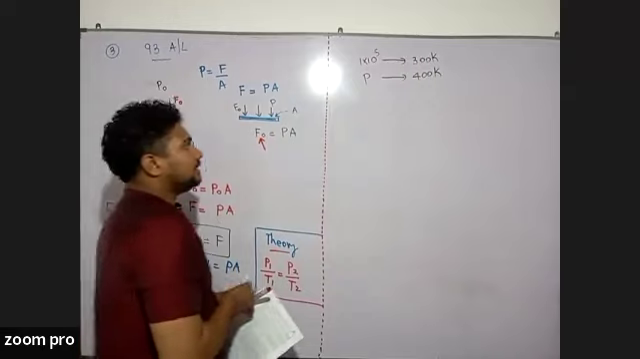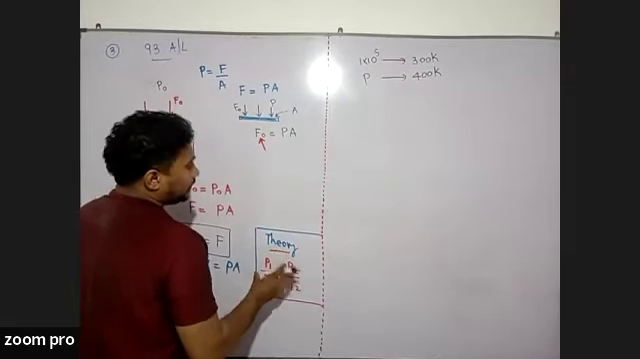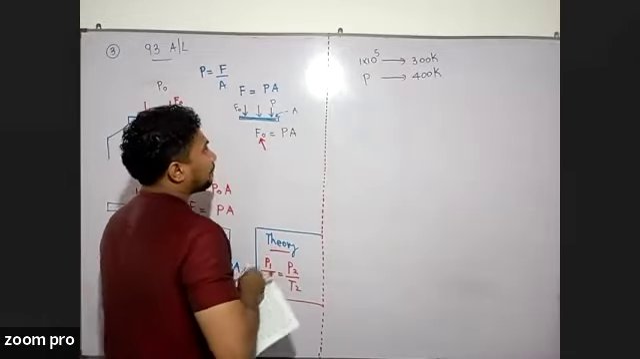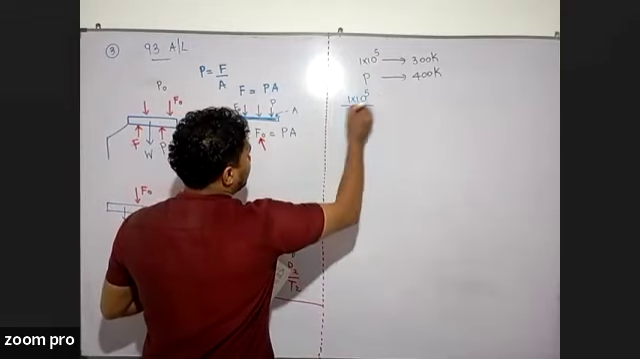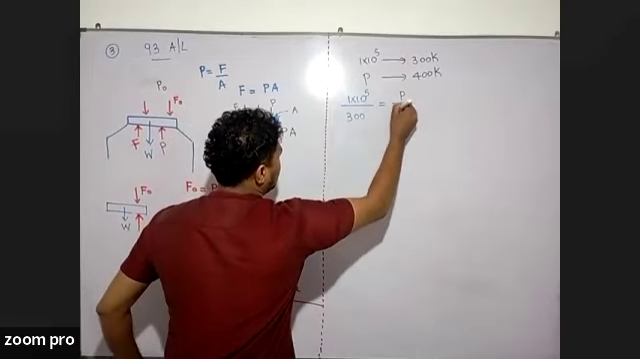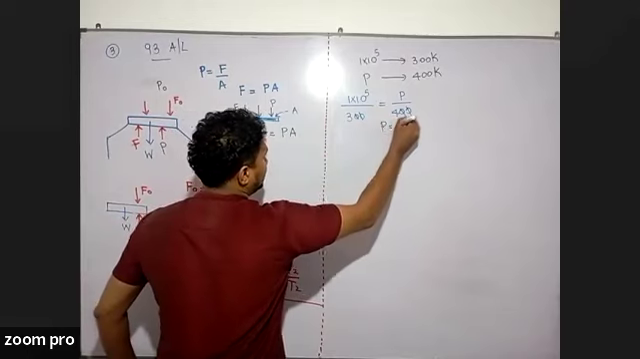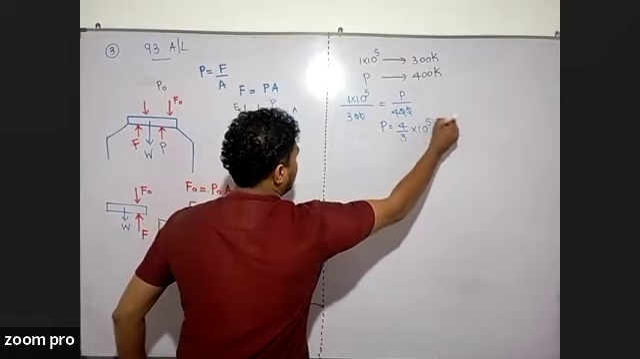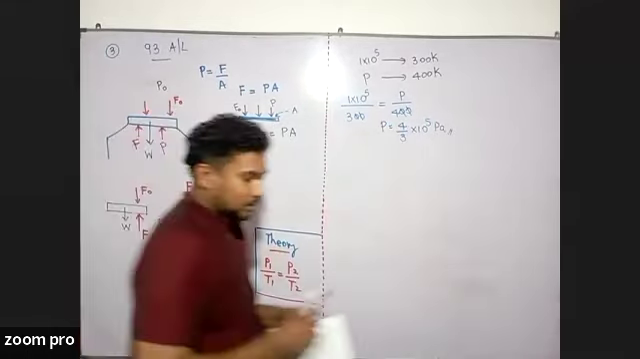To obtain that, we have to use this equation. So if I substitute the given values into this equation, we can consider that 1 into 10 to the power 5 over 300 equals P over 400. Then if we simplify it, we can derive that P equals 4 over 3 into 10 to the power 5 Pascal, right? Because, guys, now